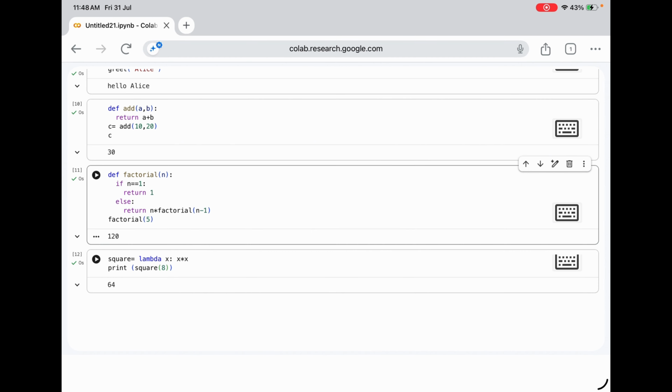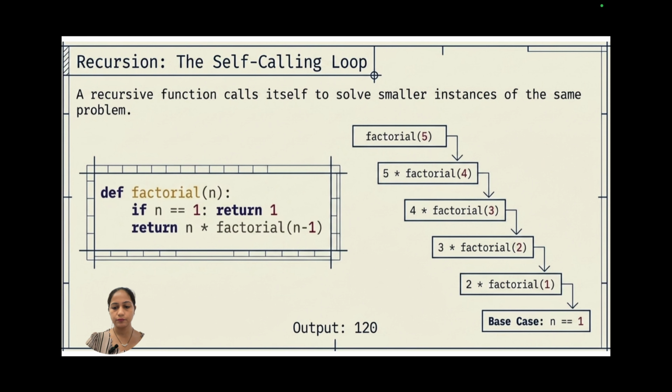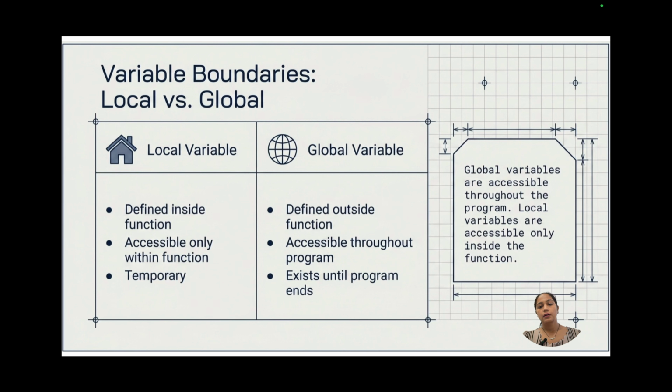So we can also write different functions which have variables in different scopes. So you can set boundaries for the variables which are being used. There are two different kinds of variables. One is local, another one is global.